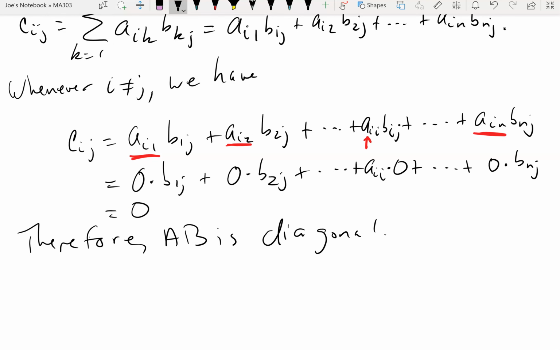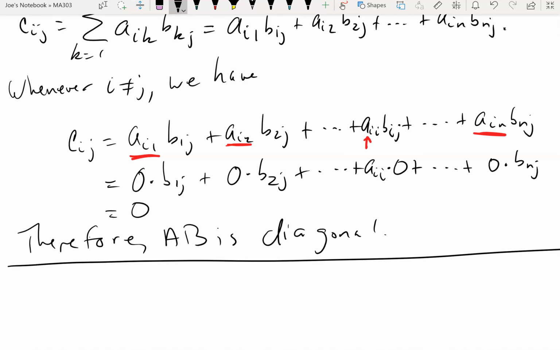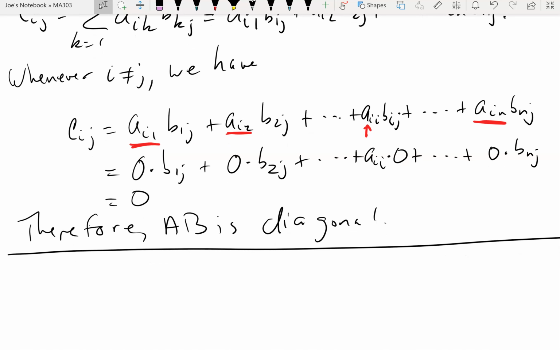Now, unless I ask you to, don't try to prove things by going to the entries. Okay? For example, one of the things that we talked about was symmetric. If you're asked to show something symmetric, don't go to the entries. You had one on your homework with symmetric and skew symmetric, I think, but using the properties of how the transpose distributes is helpful. So, for example,